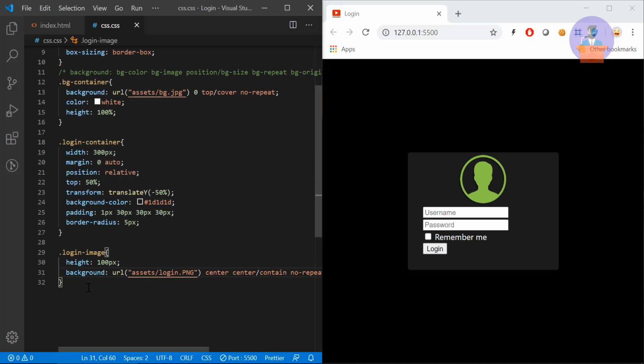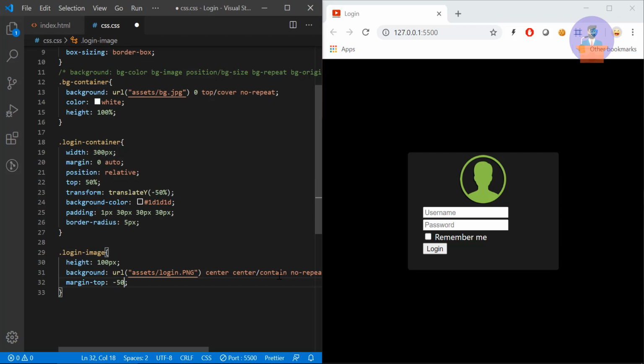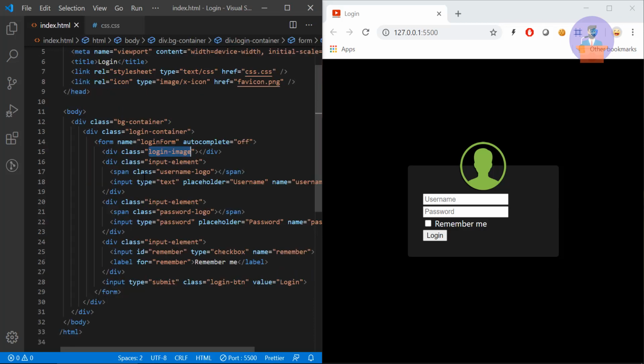Okay, now let's just provide a negative margin, top as negative 50 pixels. Okay, now it's overlapping our login container. Now in HTML we have used the input element like 3 times over here.